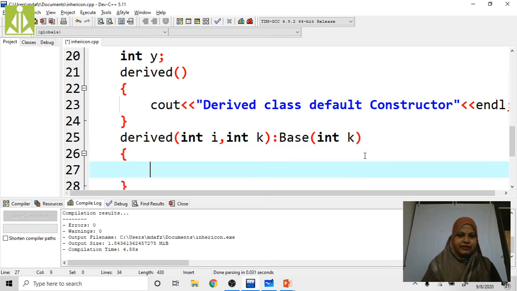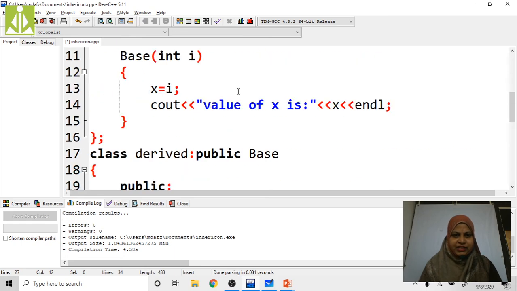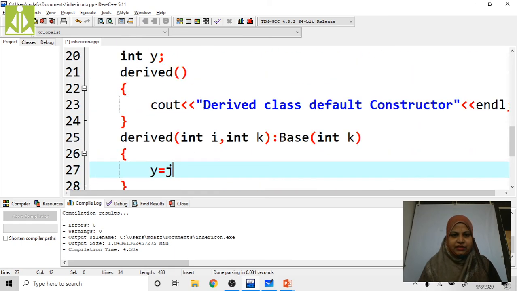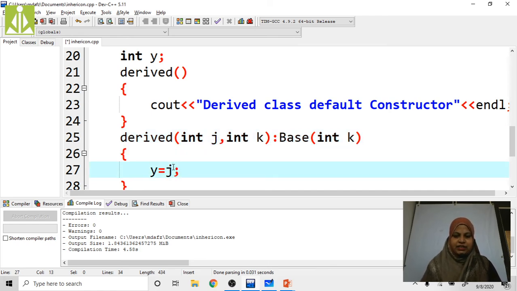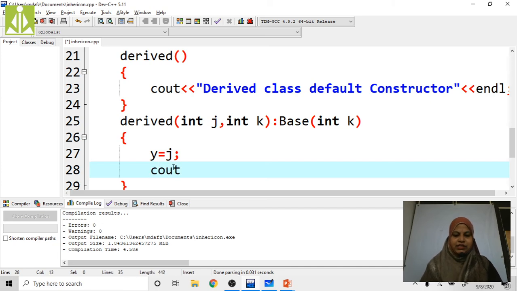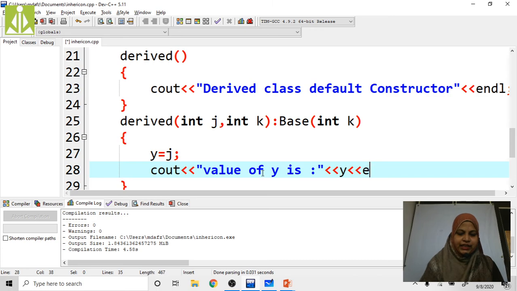Now opening the braces, right? y equals j, sorry, already we are using i, here we can't use i here. y equals j, then cout value of y is y, endl, right?